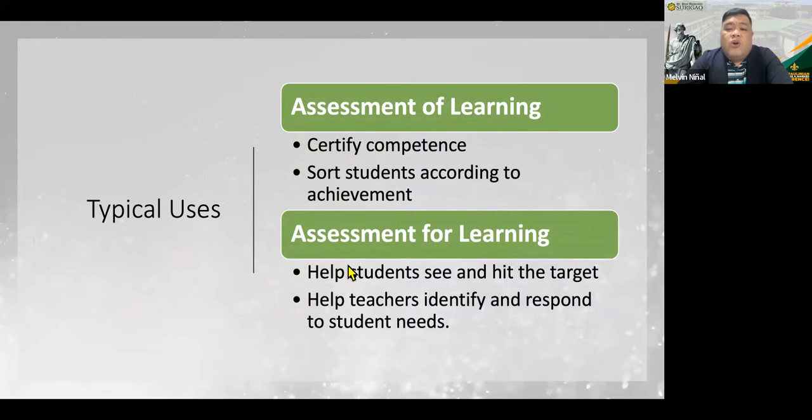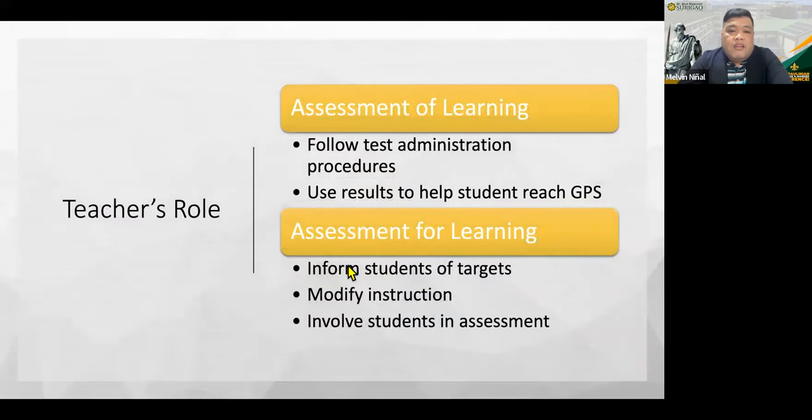Okay, so what role do the teachers and students play with these kinds of assessments? So for the teachers, on the part of the assessment of learning, they follow test administration procedures, and they use results to help students reach the GPS or the GPA. And then for the assessment for learning, they inform students of targets, they modify instruction, and they involve students in assessment as well. On the role of the students,